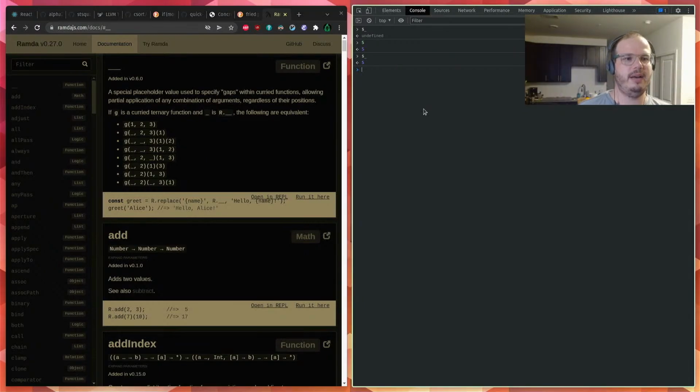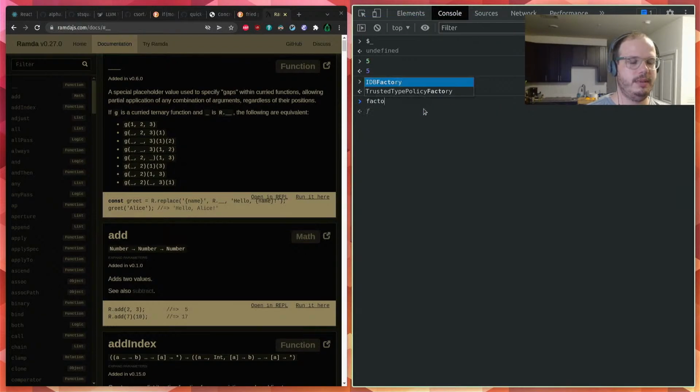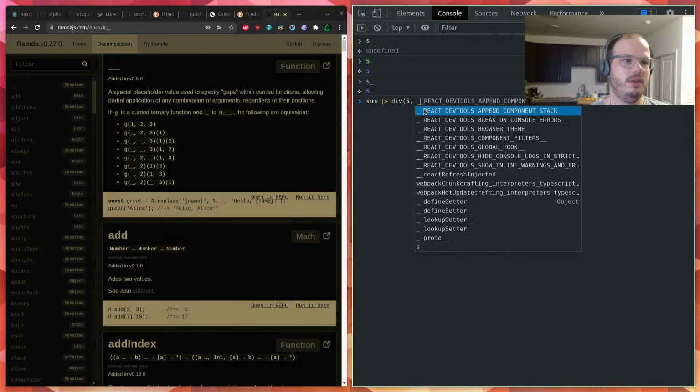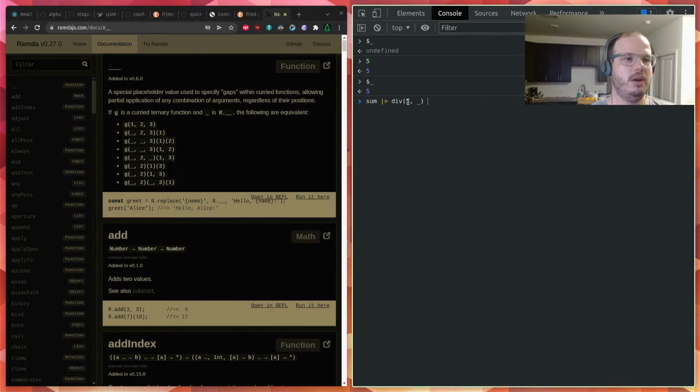Some languages have the pipe operator, where you have, say, sum, and then pipe to divide by 5. Here, this stands in for the result of sum.